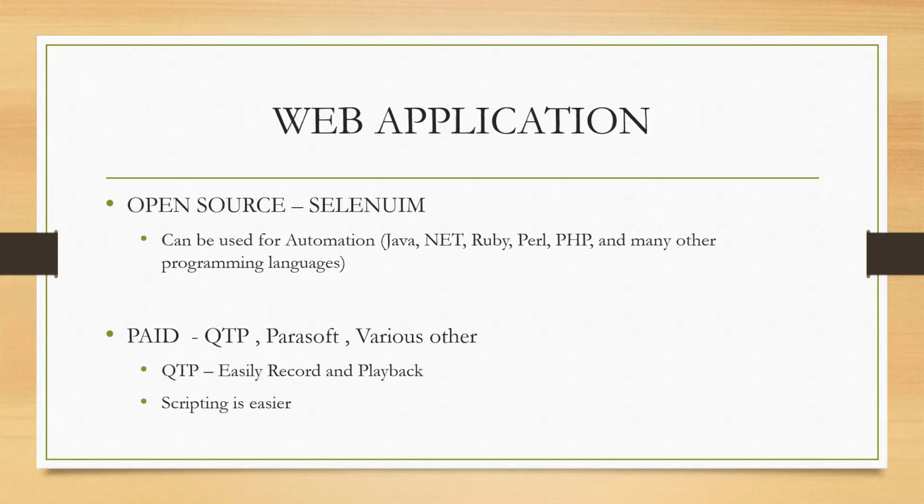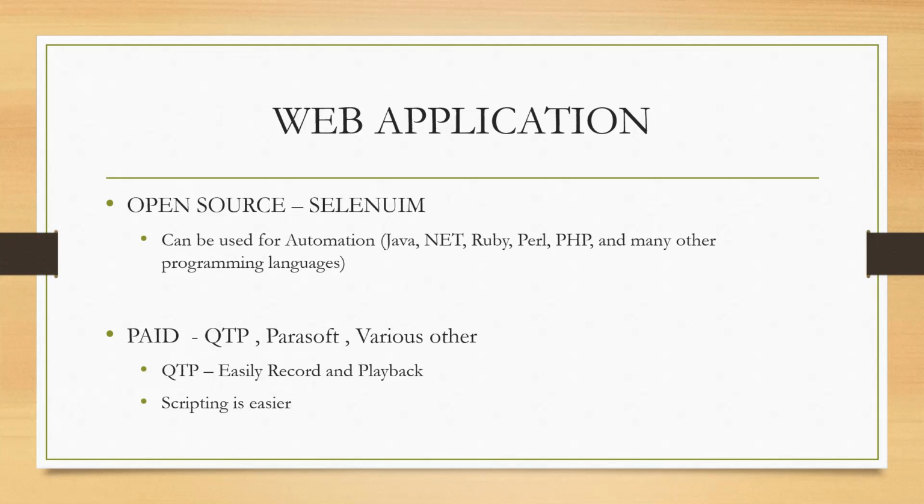Let's say that it's a web application, then the most popular tool out there in the market is Selenium. This can be used for automation. You can use Java, .Net, Ruby, Perl, PHP, everything. And again, like I told you, it's open source. So you can download this and learn this, and you can start hitting a website and start recording and doing your script, so that website is automated and can be tested from your Selenium. That's possible for you to do on your own computer.